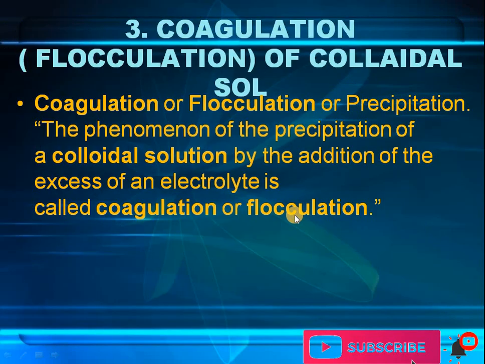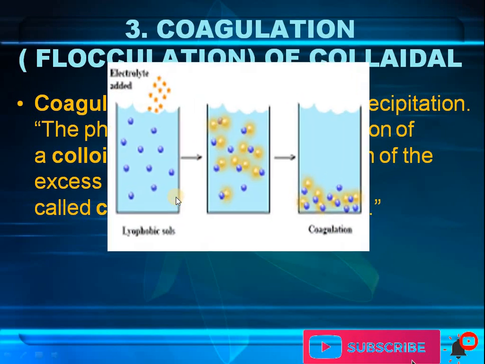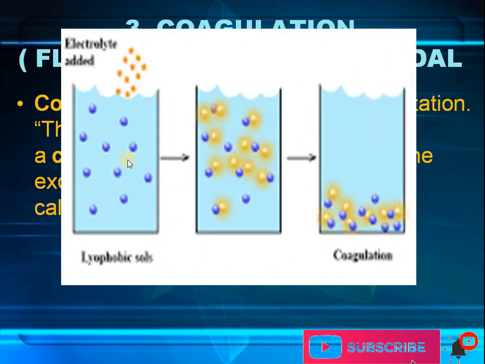Moving to next, that is coagulation. It is also known as flocculation or coagulation of a colloidal solution, which is basically a precipitation. The phenomenon of the precipitation of a colloidal solution by addition of excess of an electrolyte is called coagulation or flocculation. This is what we have: a lyophobic colloidal solution, where we add electrolyte, and this electrolyte, while combined